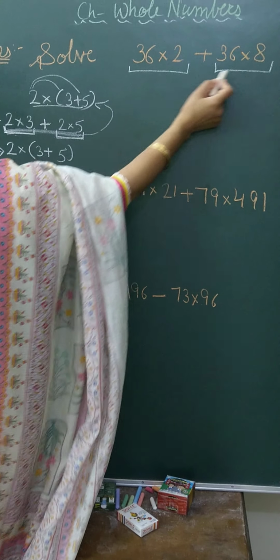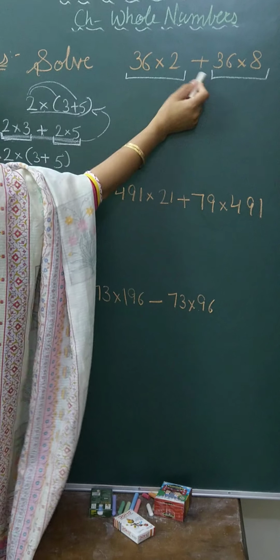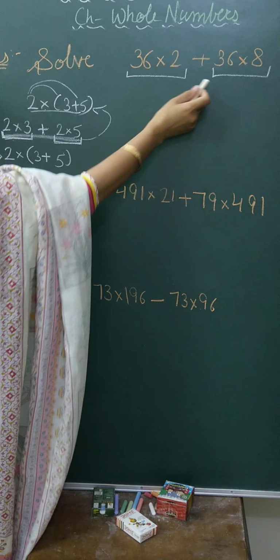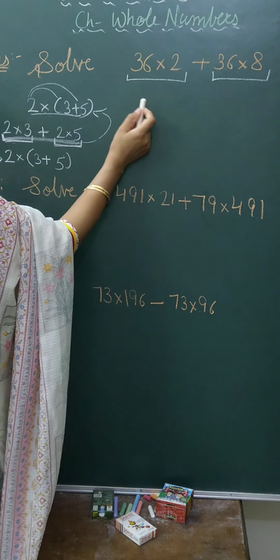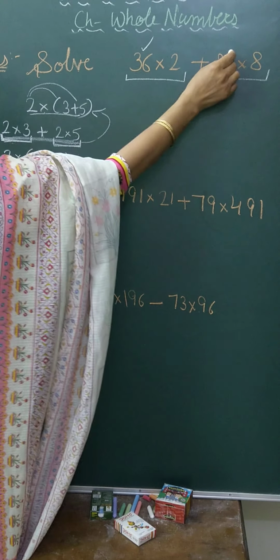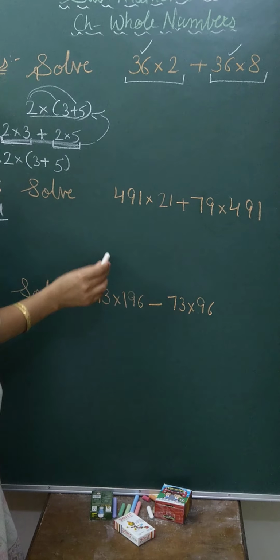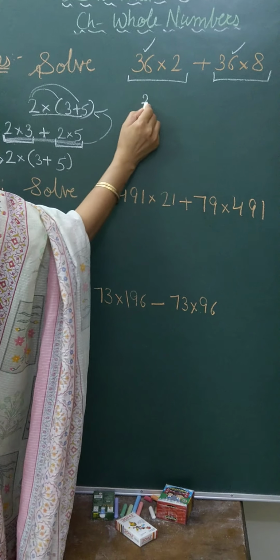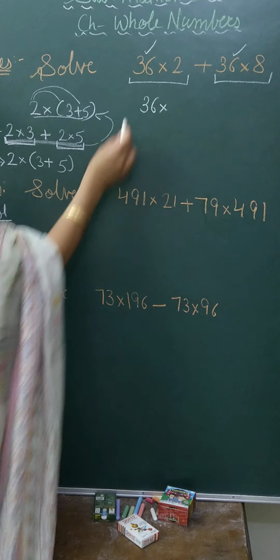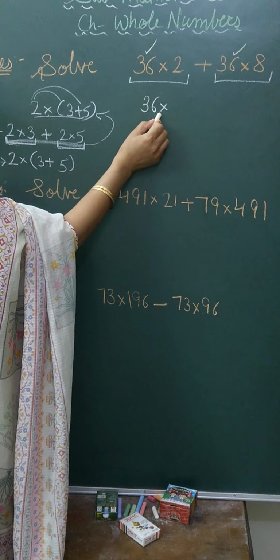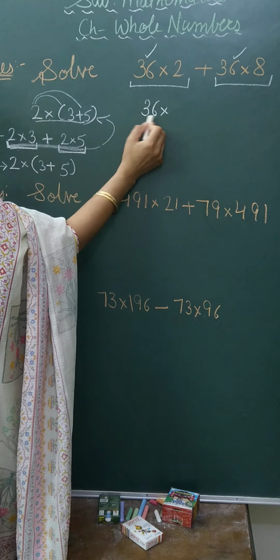That means can I find which is the guest here? Guest will be a person जो common है दोनों में. Is there a number which is common? दोनों में same आ रहा है. 2 is here, 2 is not here. 8 is here, 8 is not here. But 36 is a number that is present in both the cases. So 36 is guest here. And guest will be with the sign and the sign is multiplication. Guest और उसका जो sign है वो बाहर रखोगे.